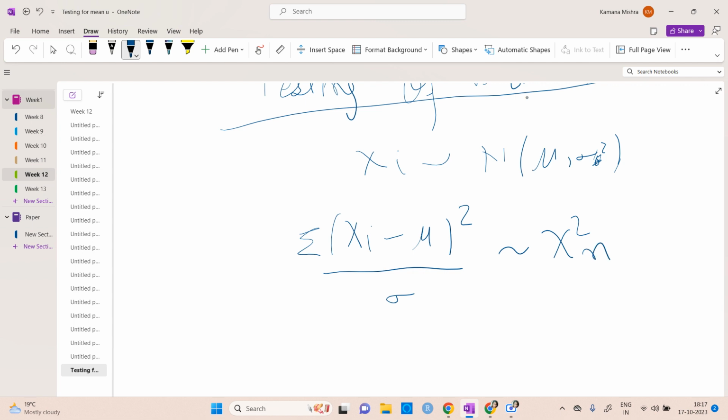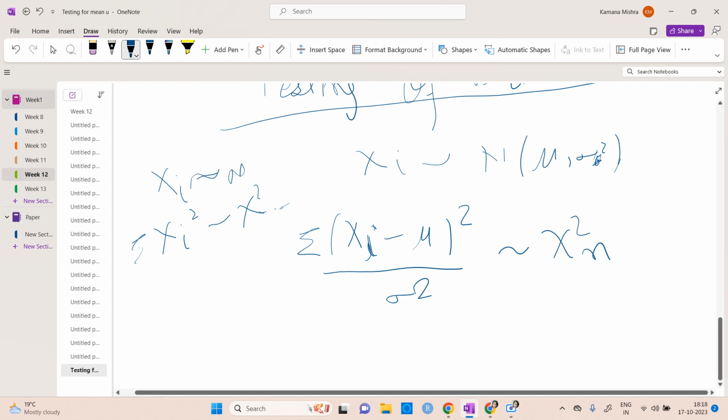So this basically follows the chi square distribution. Let's say xi follows normal with some parameter, then the summation of xi square will follow a chi square with degree whatever the number of i is. Okay,